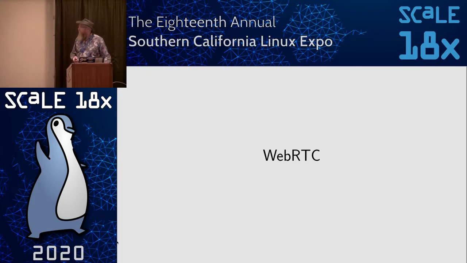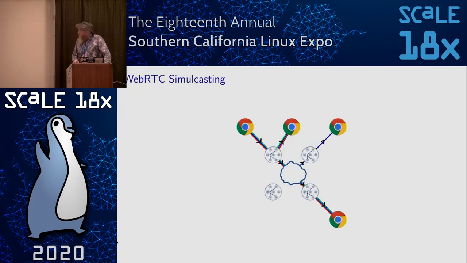WebRTC is a video streaming protocol built on top of UDP. It's available in pretty much every browser now. It replaces old, simpler systems, and it does some interesting things. It's a complicated diagram, but it's not as complicated as it looks really. You've got essentially 4 servers here, and they're all federated using something similar to that chat system I was talking about earlier,